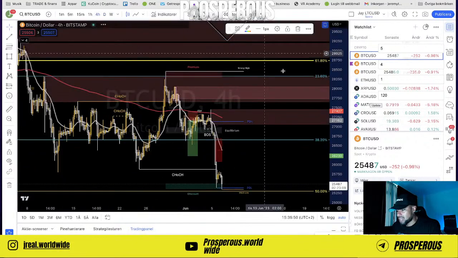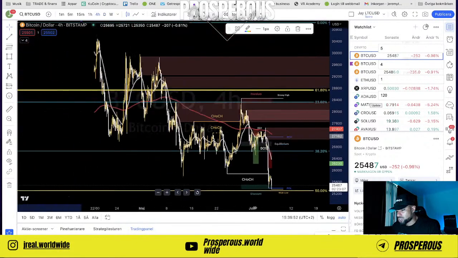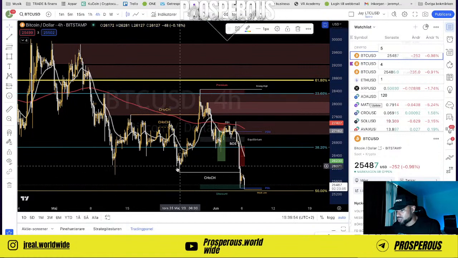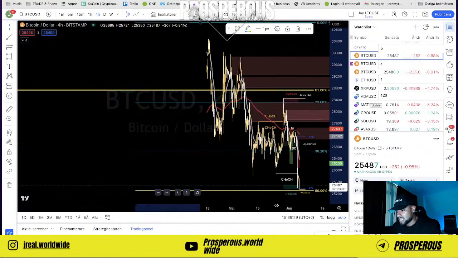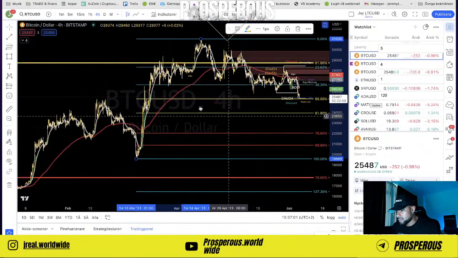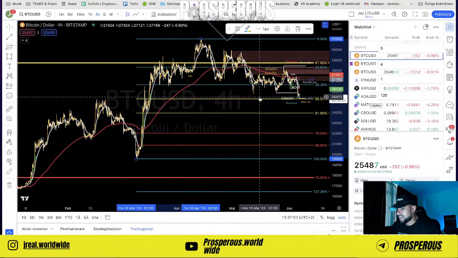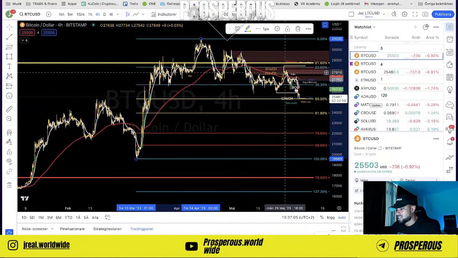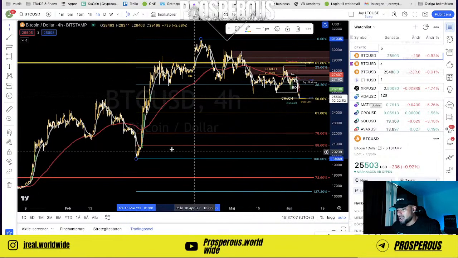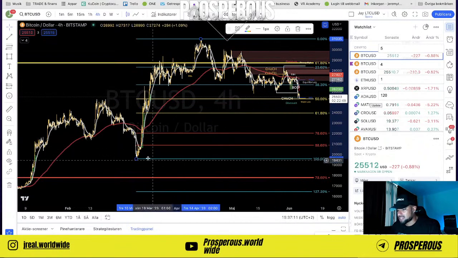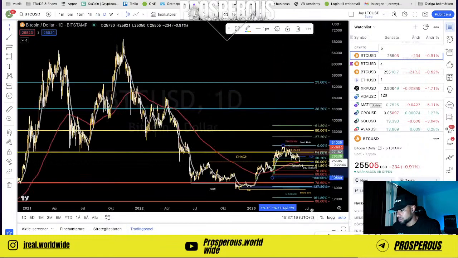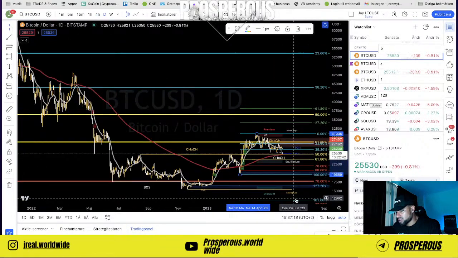Actually, it doesn't even have to break that one. The first thing I was looking at was it to break this high here, and it's already done. It's a change of character here. So that for me was already the confirmation that this thing is going to drop a lot lower. I think it's dropping at least to the demand zone that we got here, but I think we're going to break this low and we're going to drop all the way down to somewhere around here,